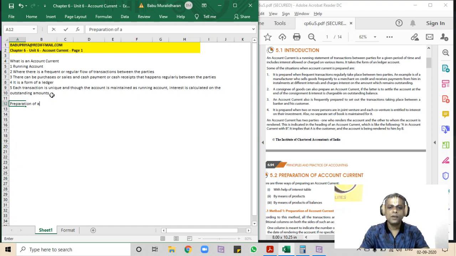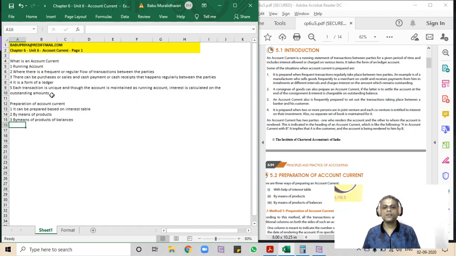Preparation of account current. One, it can be prepared, as I said, based on interest tables. What are interest tables? We'll look into that, and how. Then it can be prepared by means of products. We'll look into this as well. And the third option is by means of balances, right? What is the balance? We'll look into this as well. So first one is